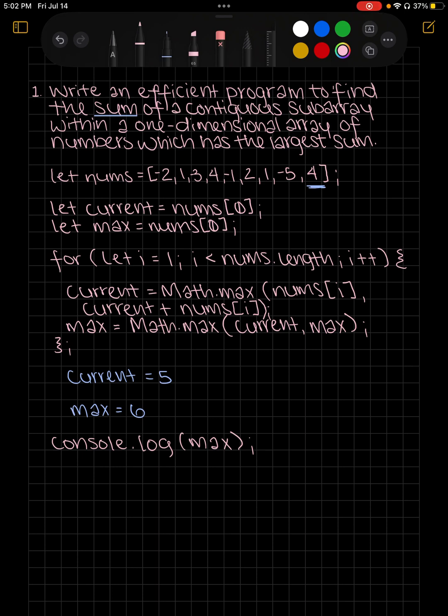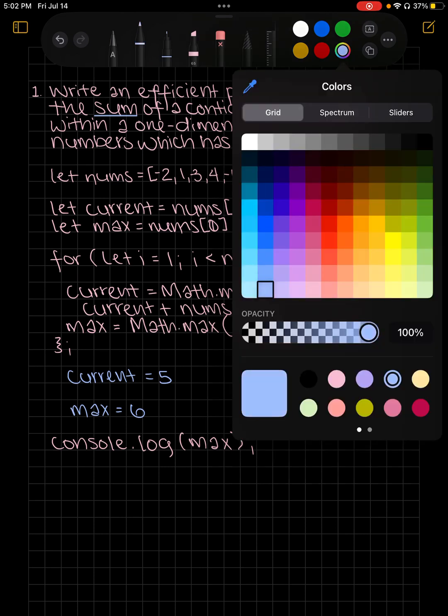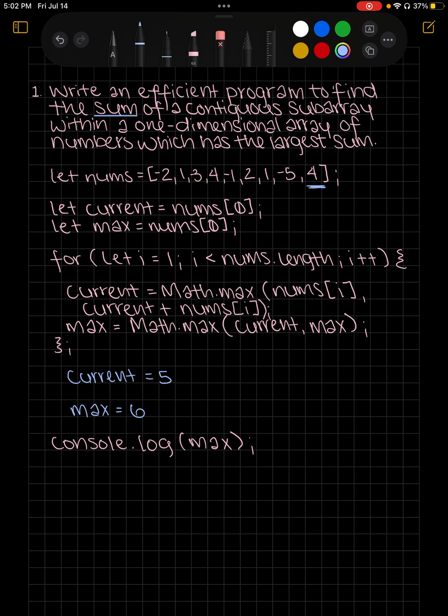Time complexity for this, which I almost forgot to do, is going to be n squared, since we only went through the loop once. So for one loop, the time complexity